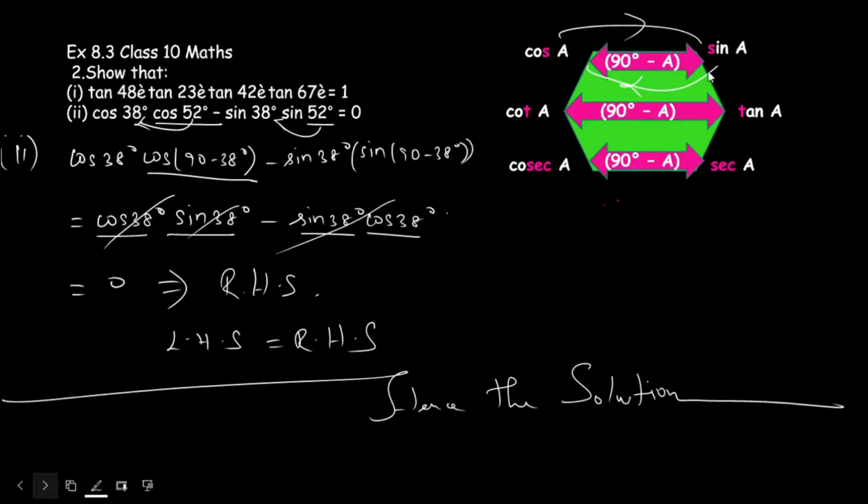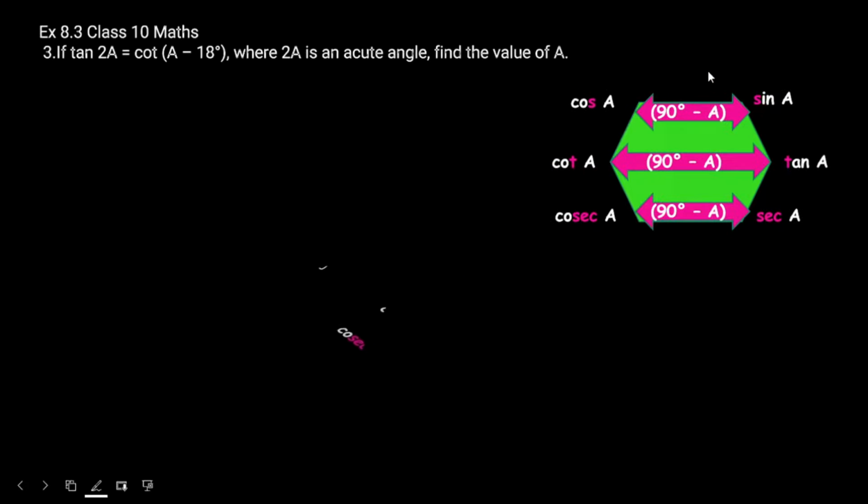Now let us move on to problem number 3. Tan 2a is equal to cot of a minus 18 degree, where 2a is an acute angle, find the value of a. What is given here? Given tan 2a is equal to cot of a minus 18 degree. In this type of problem, we are going to use 2 points. Remember 2 points, okay? First thing is,